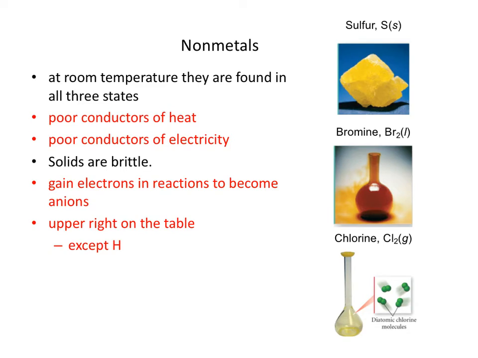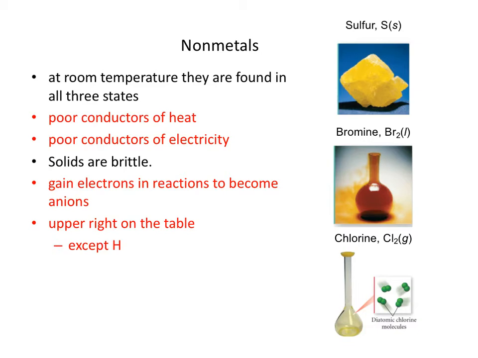We can sort of think about metals and nonmetals as being opposites of one another. So if metals have one particular property, the nonmetals are probably going to be opposite. So they are not malleable and ductile. Instead, we would say they're brittle. When we pound them with a hammer, they tend to smash into pieces. We can't pound them into shapes.